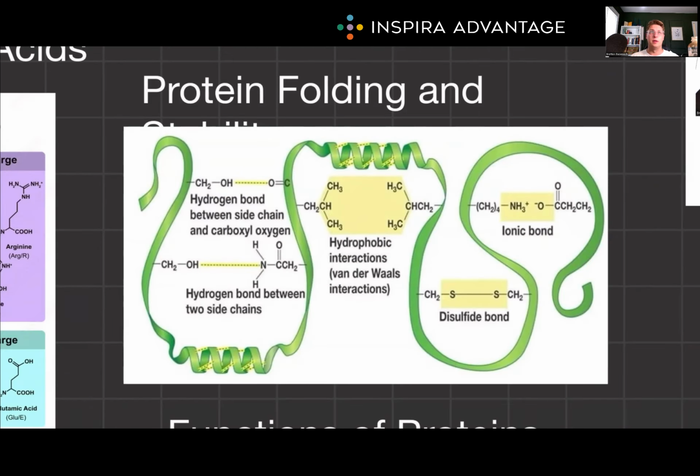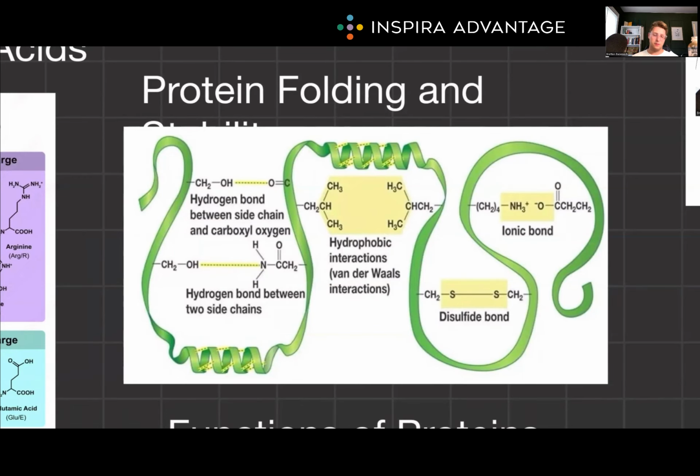On to protein folding and stability. Protein folding is a critical process that determines a protein's function. Proper folding is guided by chaperone proteins, which help the nascent polypeptide chain to fold correctly and prevent misfolding. Protein stability is maintained by various interactions, including hydrogen bonds, ionic bonds, hydrophobic interactions, and disulfide bridges. Our tertiary structure we talked about before. Misfolded proteins can lead to diseases such as Alzheimer's, Parkinson's, and cystic fibrosis, where the loss of proper protein function